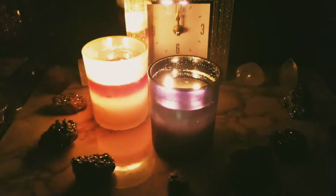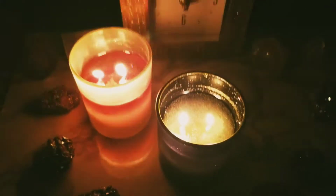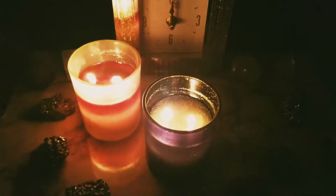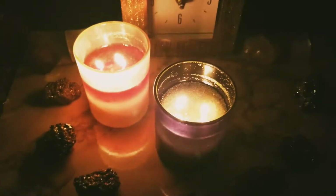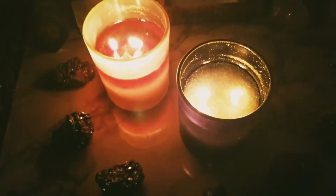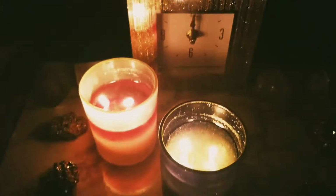I probably won't get through these candles today. I will probably have to light them again tomorrow because it is pretty late. So when it's closer to the bottom, then I will show y'all what the flames are looking like. But so far, this is where we're at. And